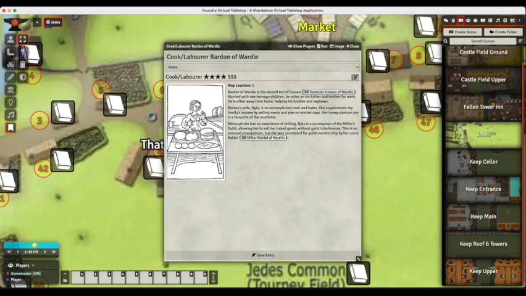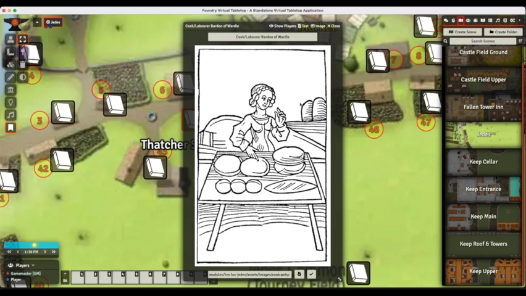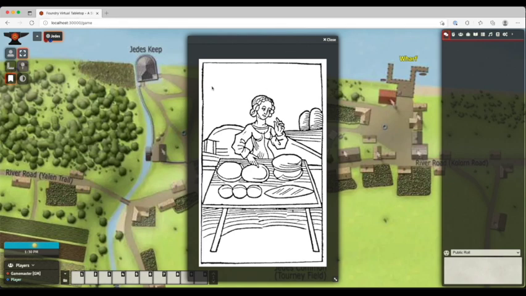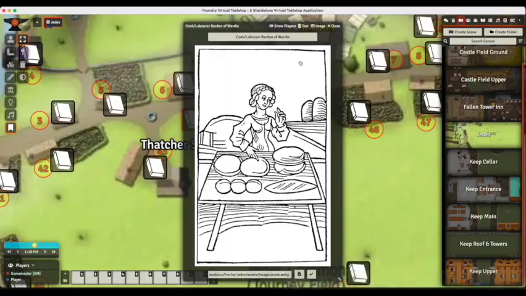Now maybe you want to show this artwork to the players, and so what we've done is anything that has the artwork included in it like this, you can click on the image tab and it will have just the artwork, and you can click on show to players. I'll go ahead and switch over to the player view, which is right here, and you can see that the player is in Jetties because I activated the module, and I just was shown this artwork, lovely artwork. Going back to the GM view,